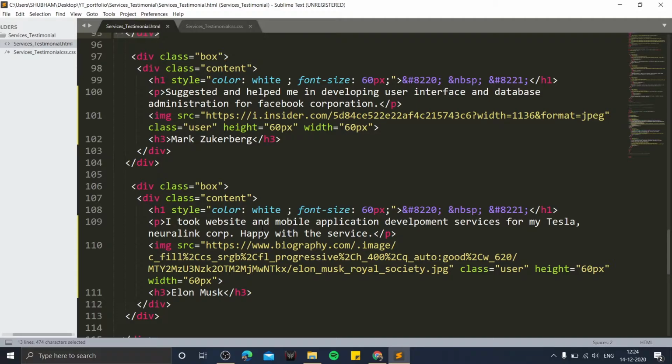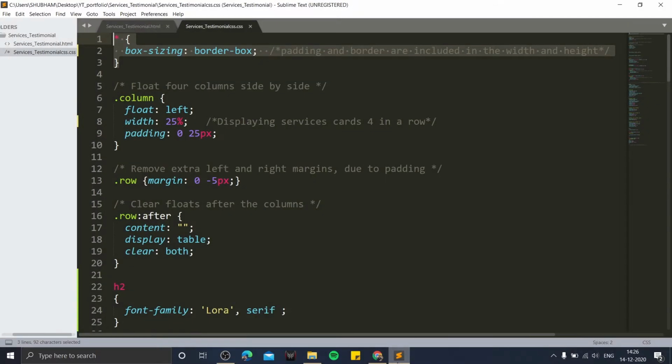Let's now make our plain, boring HTML into an aesthetically pleasing webpage by styling it. This highlighted property allows us to include padding and border in the total width and height of all elements through this asterisk CSS selector.